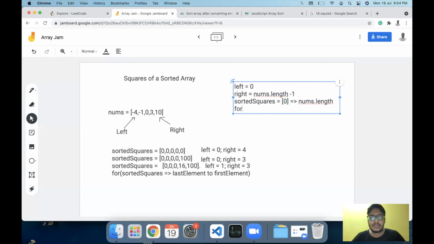Once we have done that, we will run a for loop on our sorted squares from i is equal to nums dot length -1 or sorted squares dot length -1. Let's just go with sorted squares dot length -1, and just so we are clear, let's just have 0 0 0, and then we proceed ahead. So this will start from i is equal to sorted squares length -1 till i is greater than or equal to 0, and we will run i minus minus. Basically, we are running from last to first, and within that